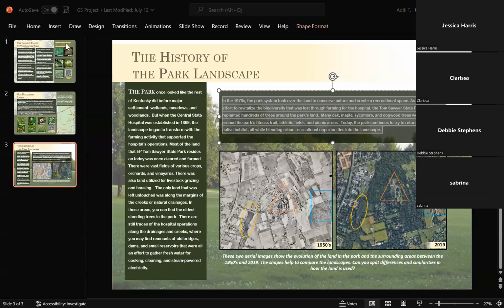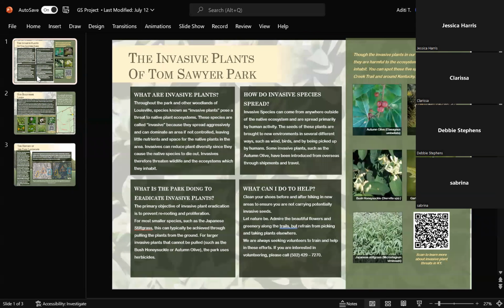Oh, yeah. Those look great. Thank you. So I designed and wrote all the information in these slides, which are going to turn into these pretty large signs. They're like 2 foot by 3 foot signs that are going to be around Tom Sawyer Park. So they're going to be replacing old signs that aren't really decipherable now. And it's going to be new information about biodiversity and invasive plants and the park landscape.